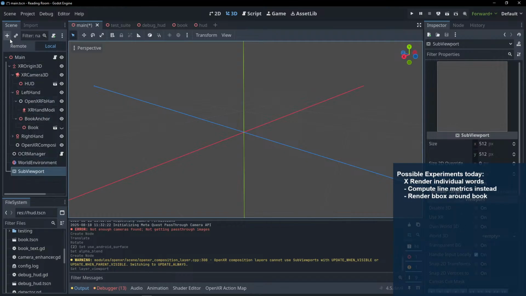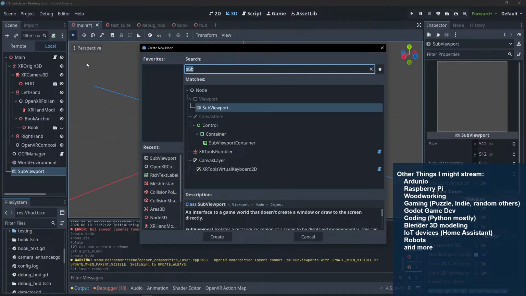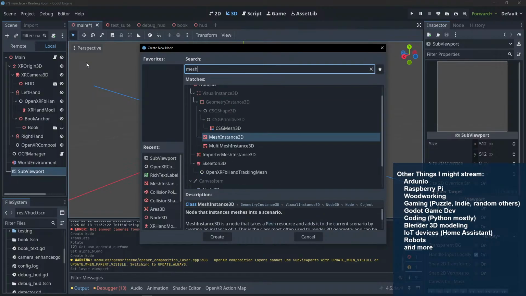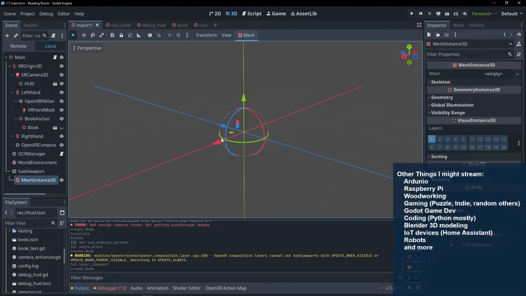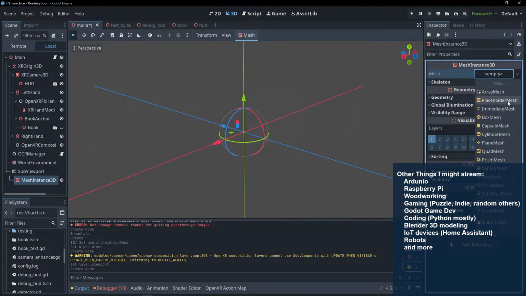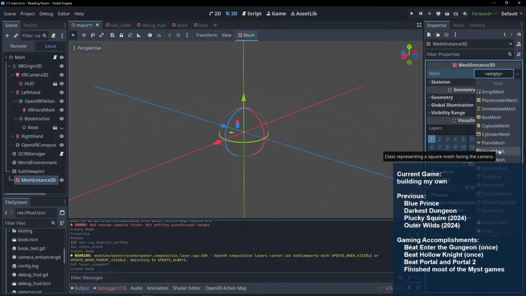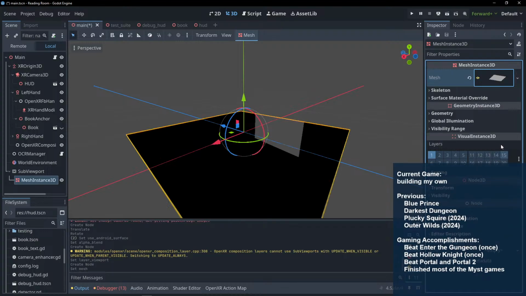Okay. Let's just do a mesh underneath it, and it's a quad mesh. All right, and then we'll do